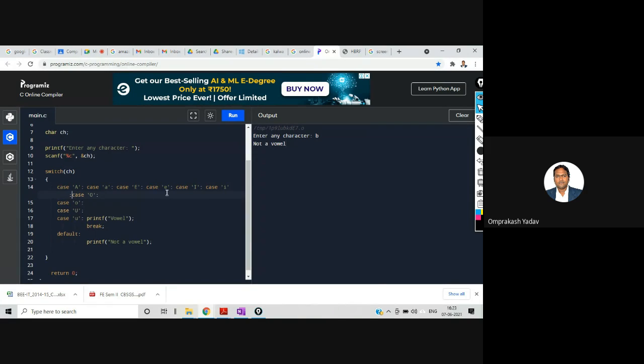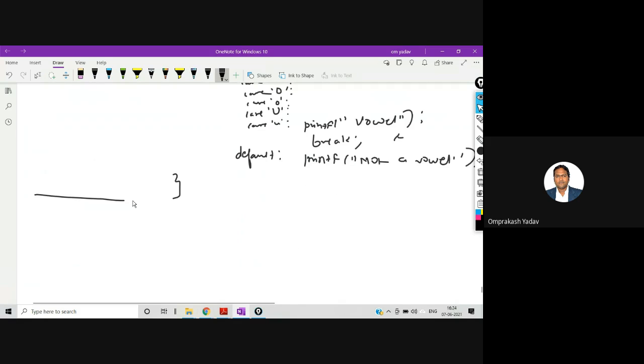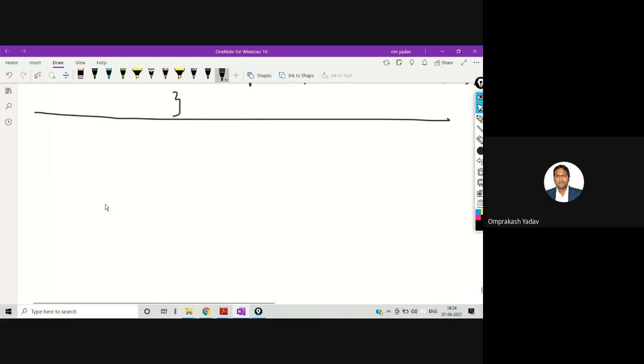Okay. Now, next concept. One more program I would like to give based on this. This is also a very interesting program. I'll make one table.